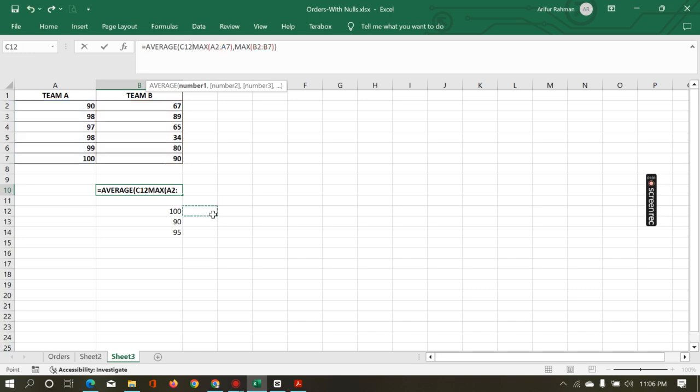So what is the function of nested formula? Nested function helps us to use complex calculation in a single cell. It saves time, and it makes complex calculation easy. So it is very useful for students as well as